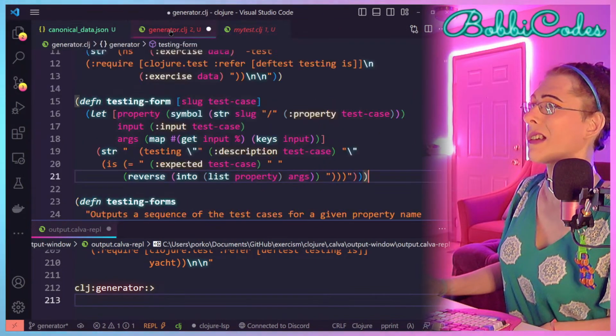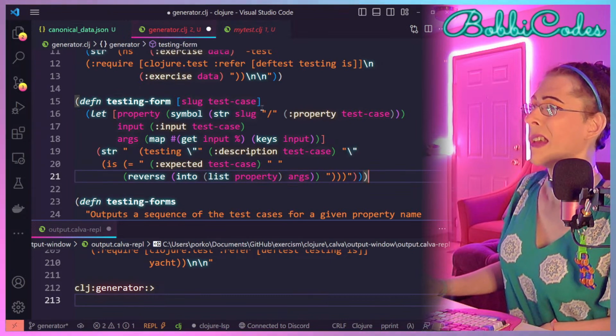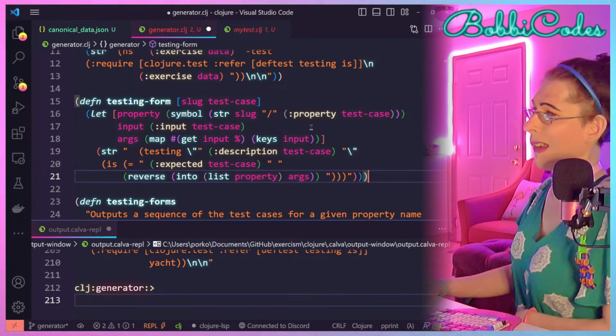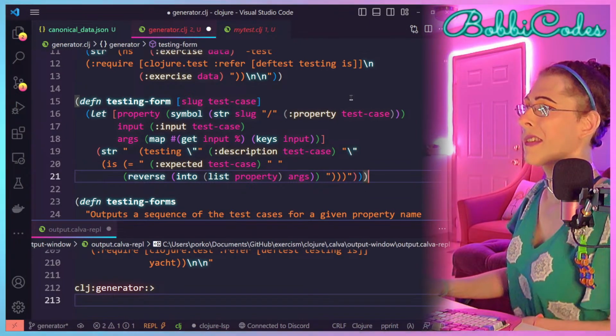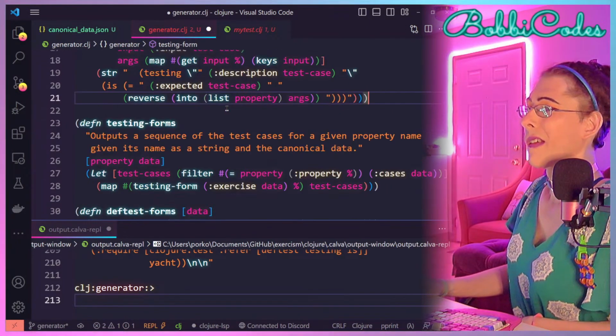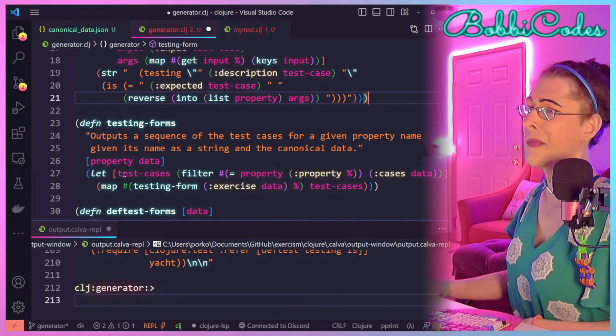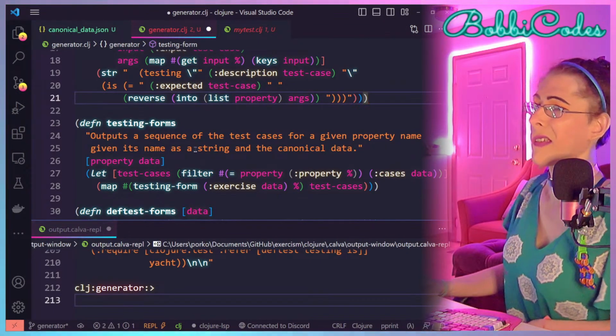Exercise slug. And it takes just the test case, which is like, here we have the test cases.